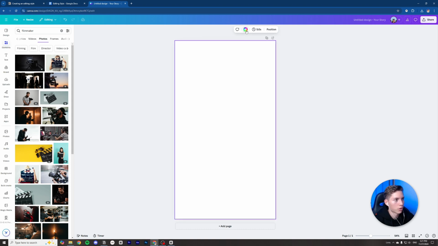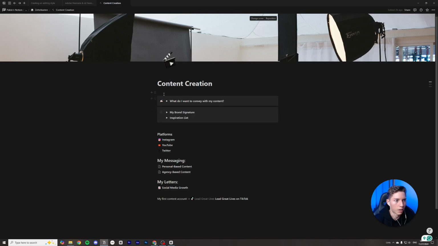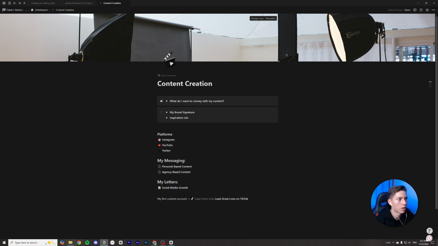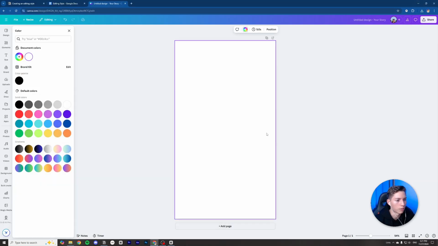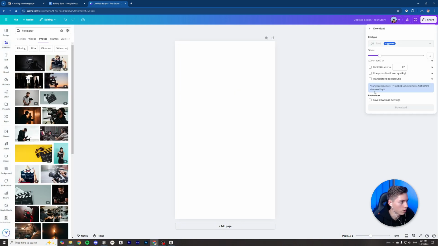And here I'm gonna start choosing the colors for the background. So remember how I said in my content creation, the brand signature, I said black, white, and silver. Okay, so silver could be gray as well. That works. So first thing, I want to download a white background. Let's say I want to share this, I want to download it,